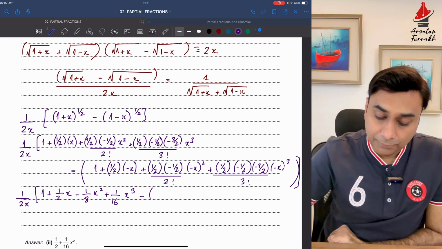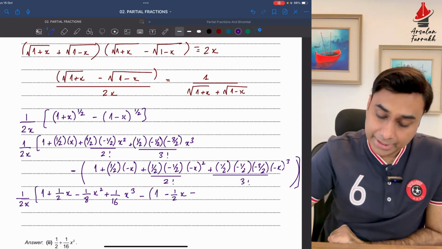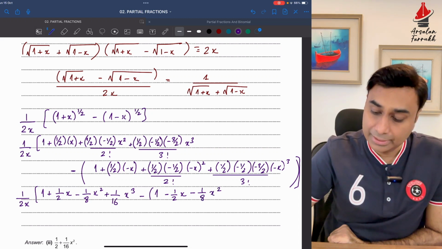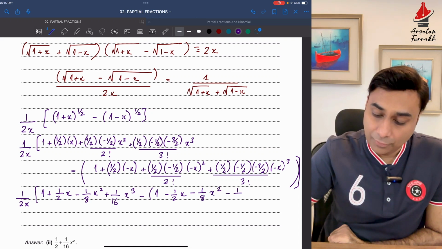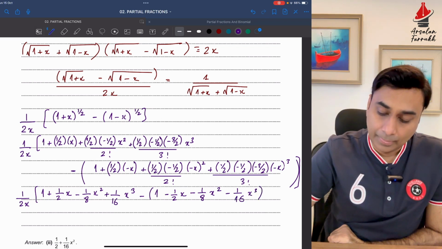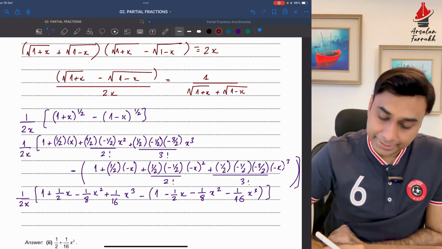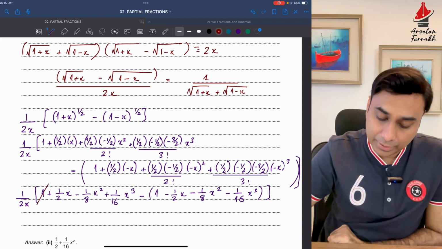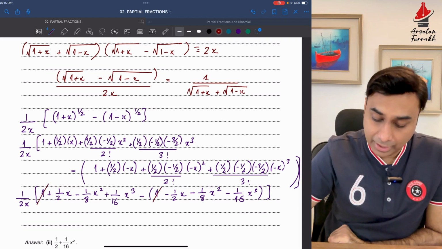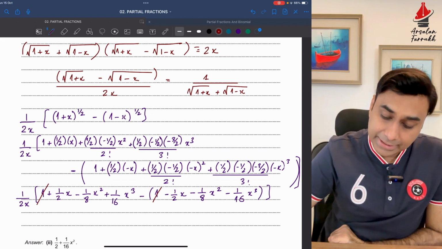So this is going to be 1 minus half x minus 1 over 8x square, and then minus 1 over 16x cube. Now when I simplify this, 1 cancels with 1, half and half would add up,